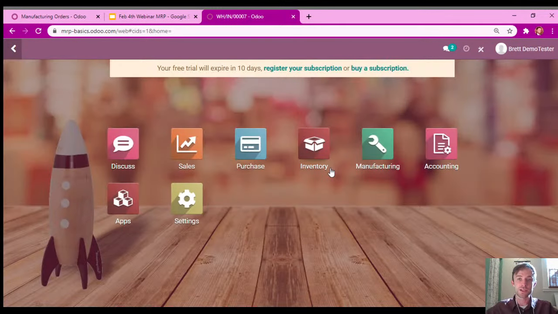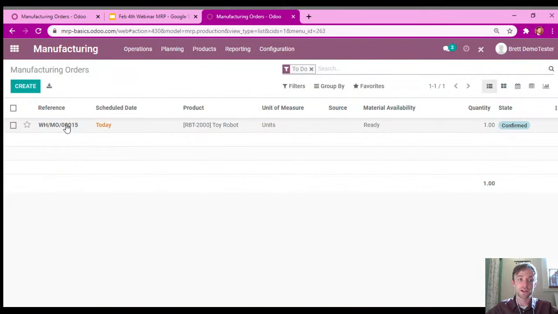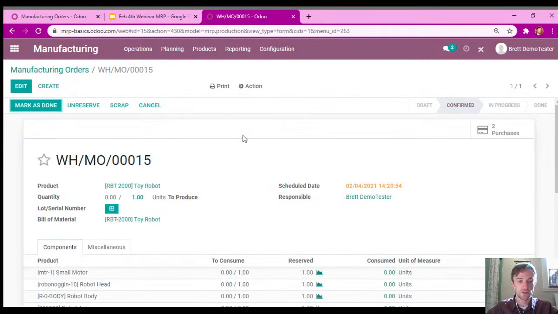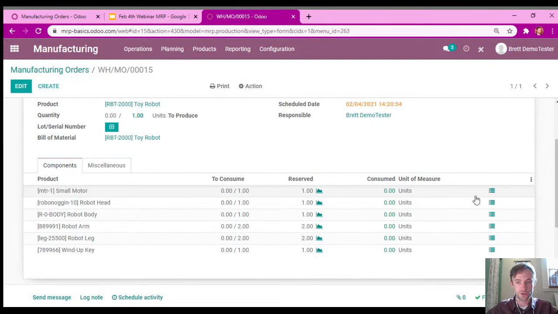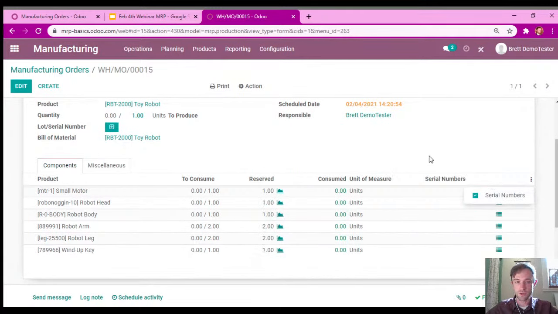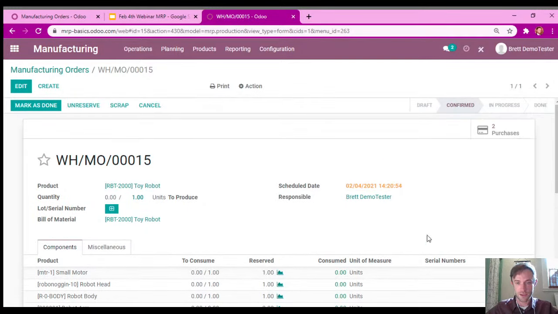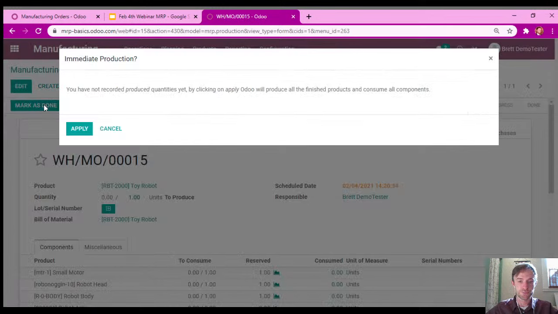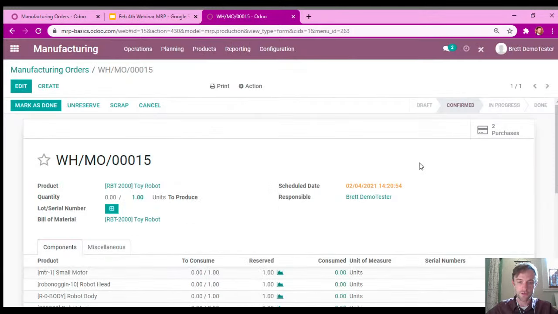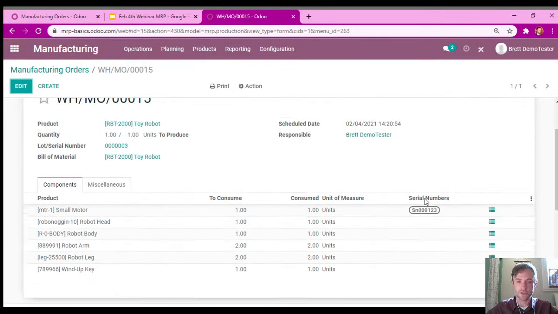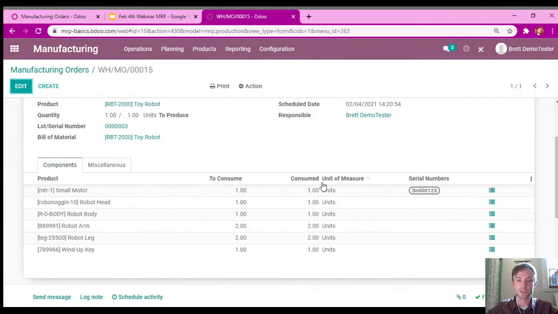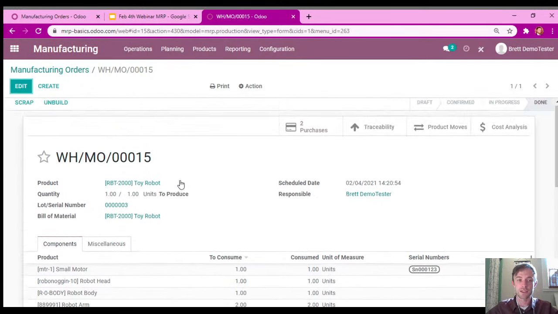Both of those receipts that I just received should have been automatically allocated to our manufacturing order. And sure enough, they were. It shows you right here that they have. And if you want to, you can view the information for it once we actually build it, and it'll show you afterwards which serial numbers got used. So in this case, we've allocated it, we've built it, it's consumed these things,